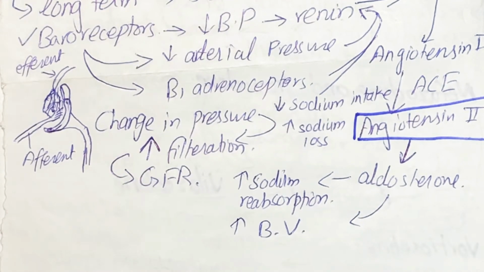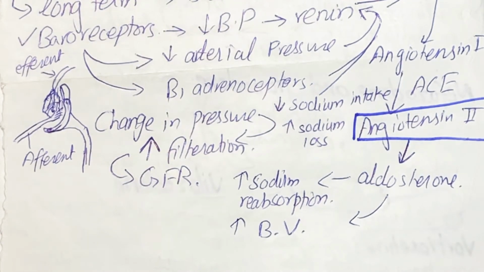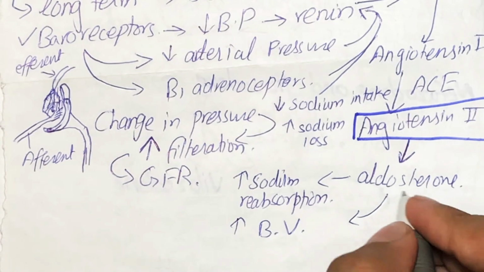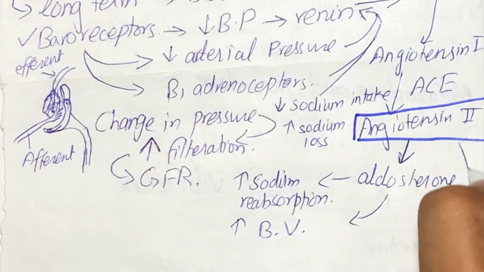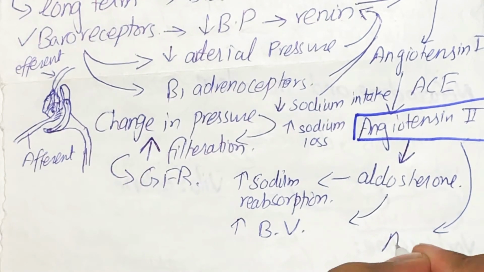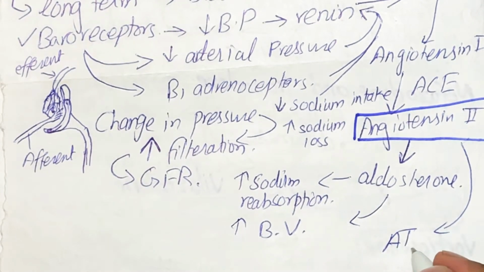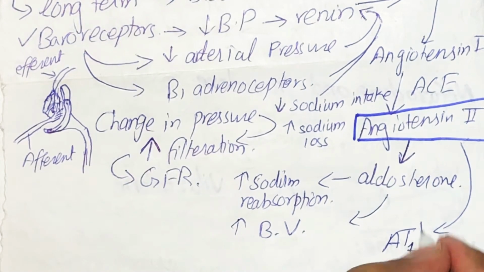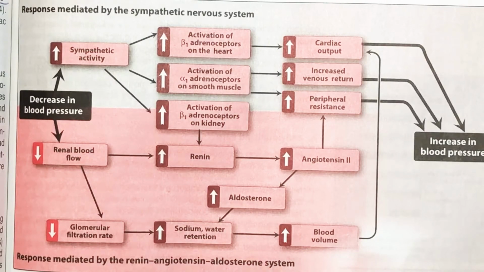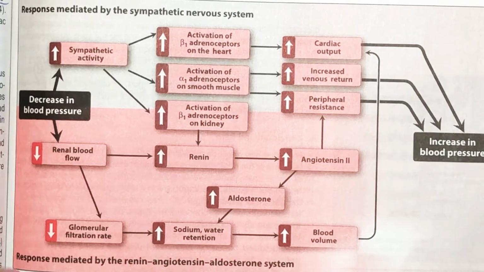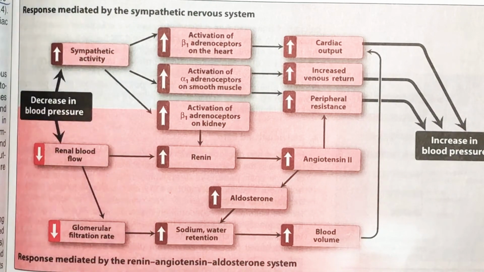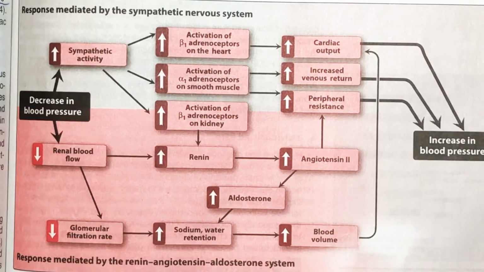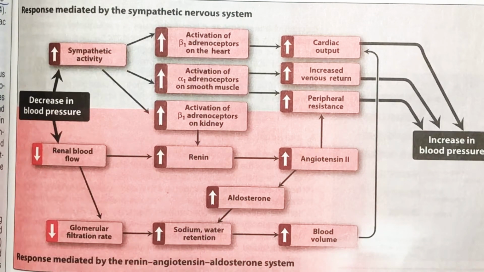These effects of angiotensin II are mediated by stimulation of angiotensin II type 1 receptors. So, these stimulations are being activated by angiotensin type 1 receptors. I have found this flow chart very helpful in understanding both of these mechanisms. Let's revise over here what is the function of these two mechanisms which are present in our body for controlling or regulating blood pressure.